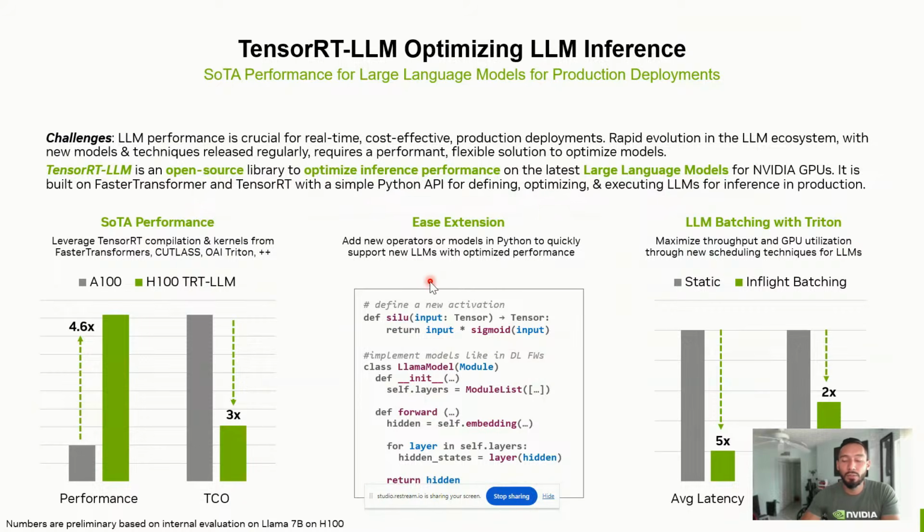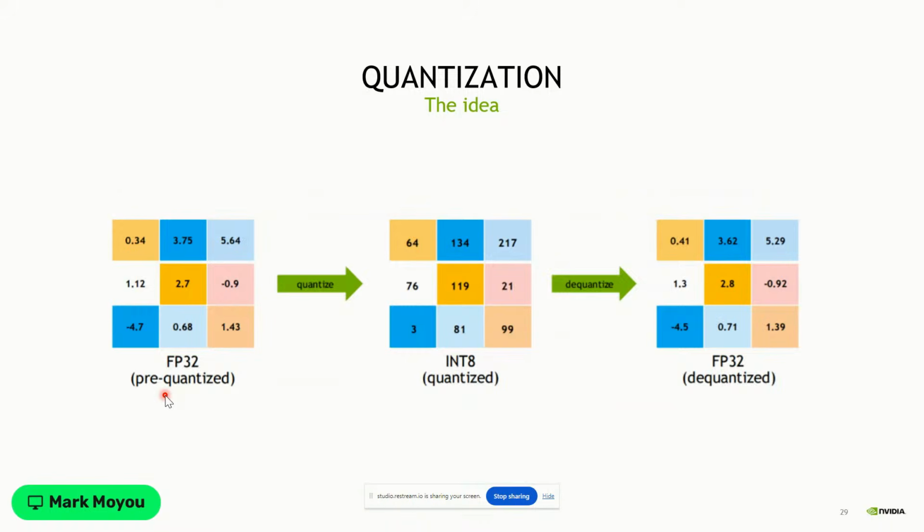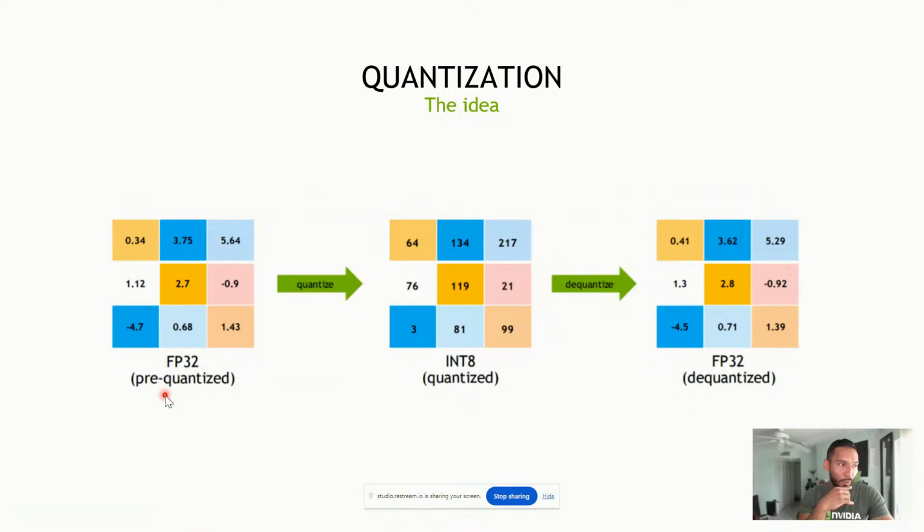If you are deploying LLMs on NVIDIA GPUs, I highly encourage you to check out TensorRT LLM. The main idea here is we've written a bunch of different CUDA kernels for all of these different language models, and you should expect to see an increase in throughput and a decrease in latency. What that does for you is allow you to pack more requests per unit GPU to essentially optimize your cost. Quantization is something you do a lot when you go to optimize. Kyle will talk a bit more about that coming up. That's just you reducing the precision of the math that's happening so that it happens faster and you get more math done